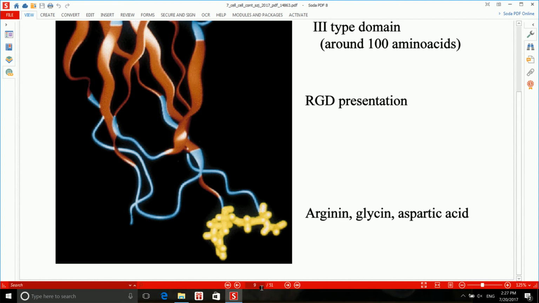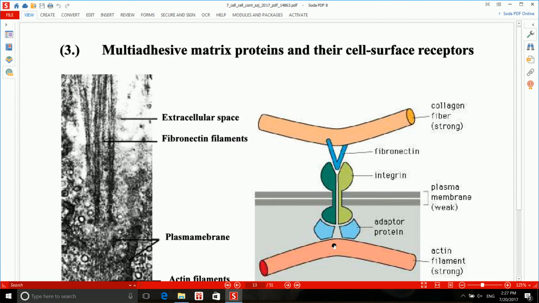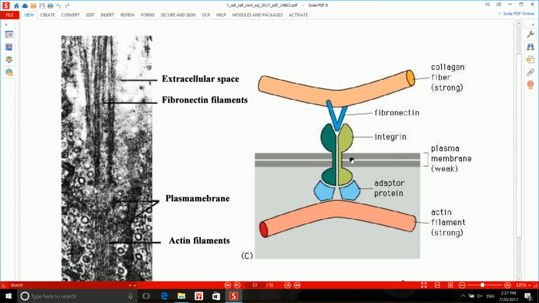Now let's talk about the other protein which we just mentioned, integrin. Integrin is also a heterodimer, and integrin mostly acts as a cell surface receptor. It can also act as a cell-to-cell contact or cell-to-ECM, extracellular matrix, contact protein. Now, what makes integrin very interesting is that it has an RGD-specific binding site, which binds to proteins with RGD. So here you can see a heterodimer integrin, which on one side, on its extracellular portion, is binding to the fibronectin,